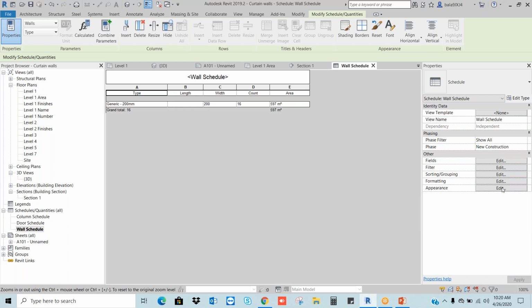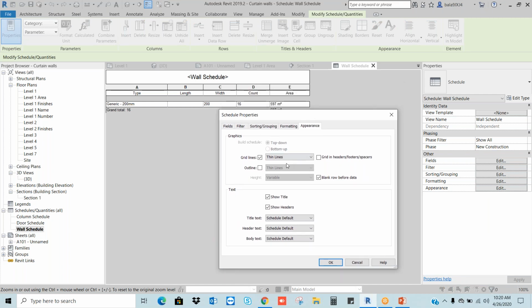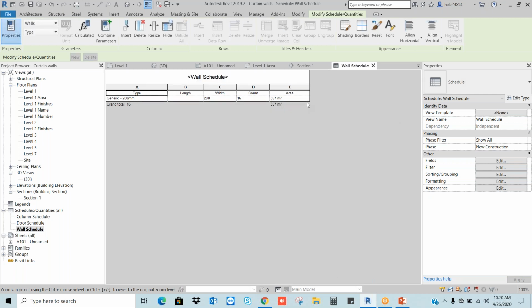I will go to the appearance. This is the cosmetic things. Okay, means appearance things. Here, if you see in the appearance, blank row before data. So I'm going to remove it. Okay. Now I can see this.